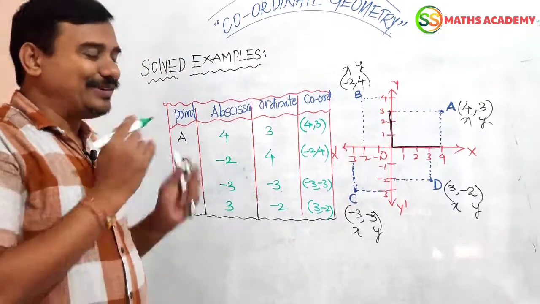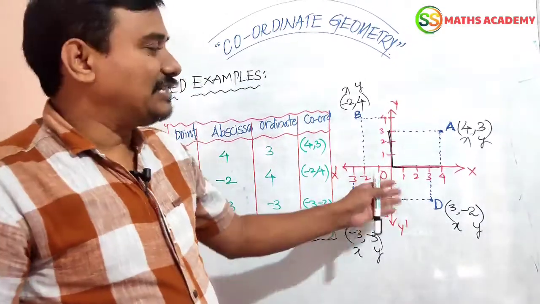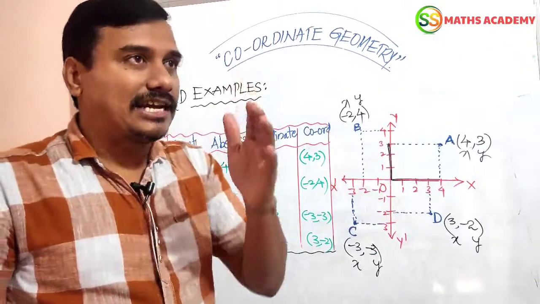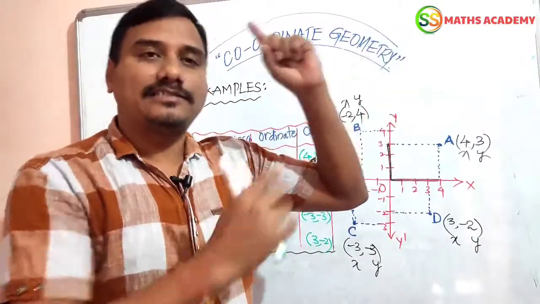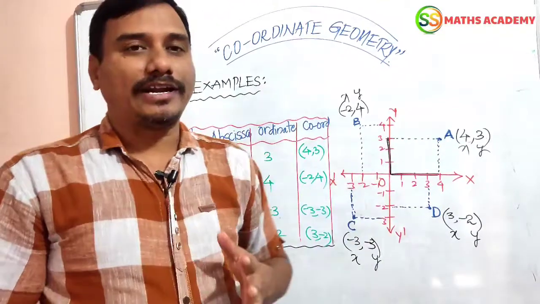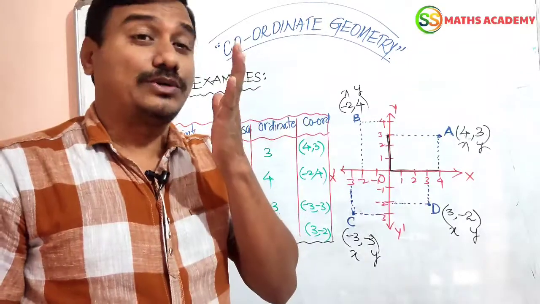Okay, this is your answer. Like that we have to write many solved examples by taking the table. We have to fill it without any tension. But first you should understand: from the x-axis that is the y value, from the y-axis that is called the x value. Keep that in your mind. I hope you understood this problem, and we should go for the next good question.